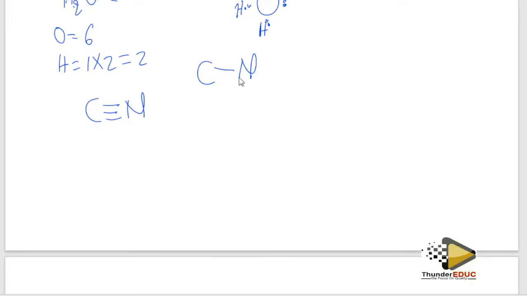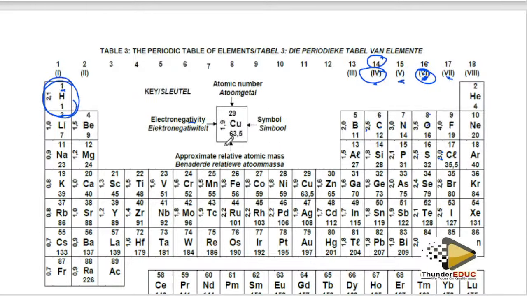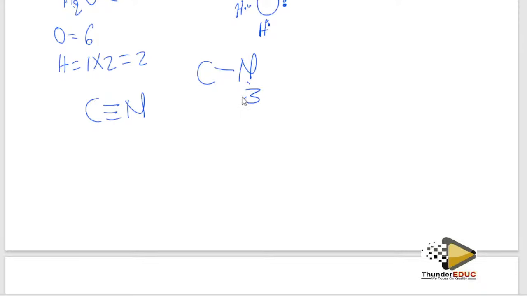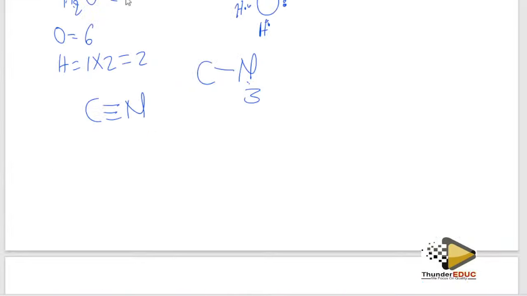So 1 bond is equal to what? So you go to nitrogen, nitrogen is what? We say nitrogen is 3. And then carbon is what? Carbon is 2.5. Yes, so carbon is 2.5, and then hydrogen. If you are calculating 3 of them, because I have 3, I'm going to multiply the answer you get. Here it is going to be 3 minus 2.5, which gives me 0.5.